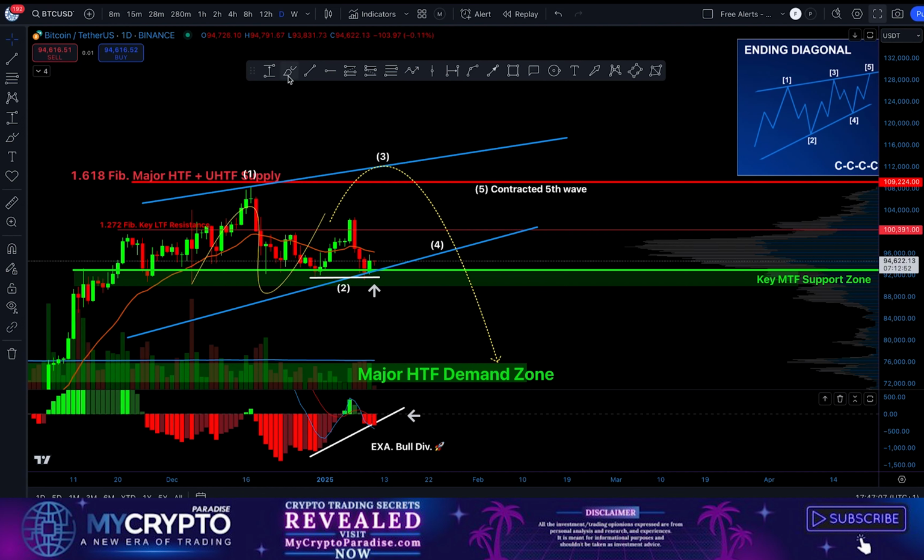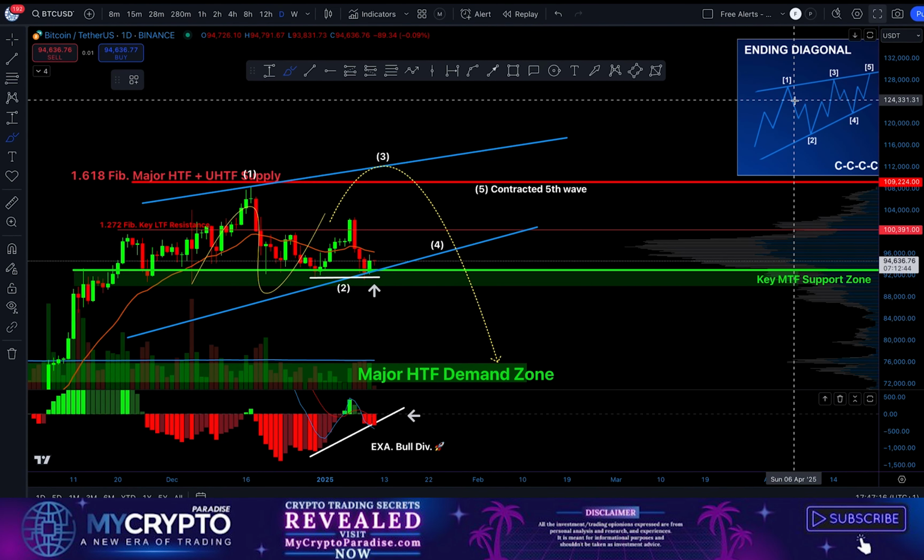Right now the price action that might occur is like this. After we have completed the second wave right here in a zigzag corrective pattern, we seem to be starting an impulsive wave towards the upper ascending trend line. Afterwards we will have a correction that will be the fourth subwave, and then we will have the fifth wave, and I believe this is sometimes contracted. Because this is an extremely strong resistance zone at $109,000, I believe that on this third wave we can have a wick out towards around